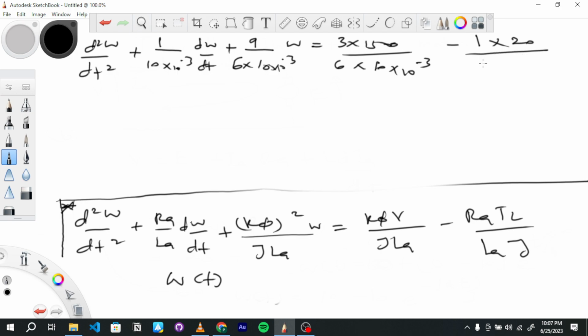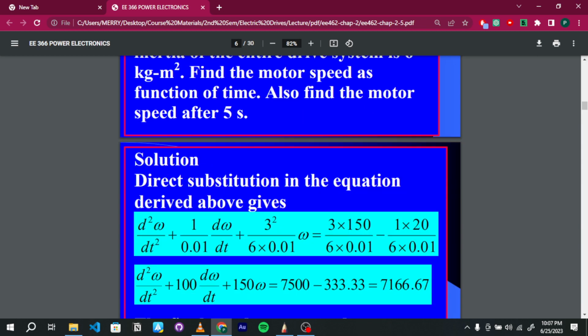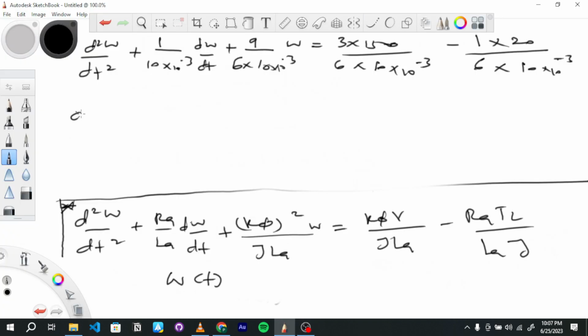Over J, 6 times LA, 10 times 10 exponent negative 3. So we have this, and when you simplify it, you arrive at this equation here: d squared omega dt squared plus 100 d omega dt